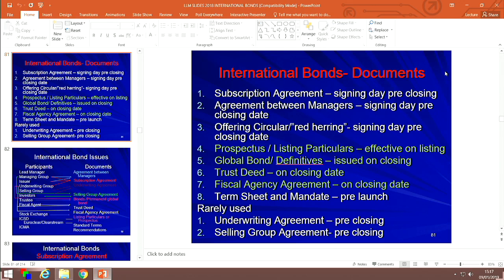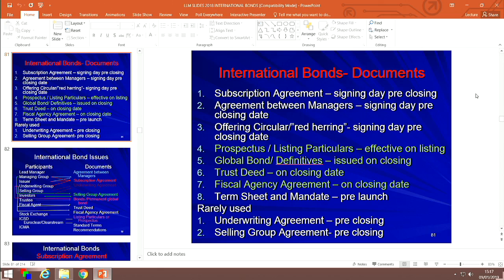signed by the issuer or the directors of the issuer, and lodged with a depository bank for the clearance systems for the benefit of the investors in the bonds. Okay, that's the global bond. And needless to say, if there's definitives being printed because it is an immobilized issue and not a dematerialized issue, definitive bonds will be printed and made available on closing date.